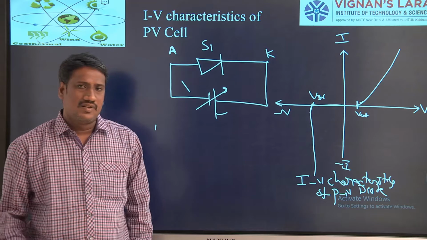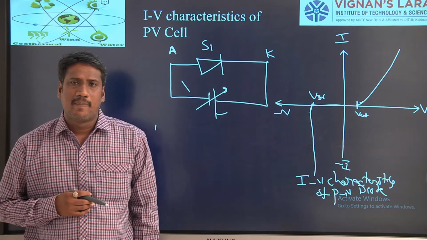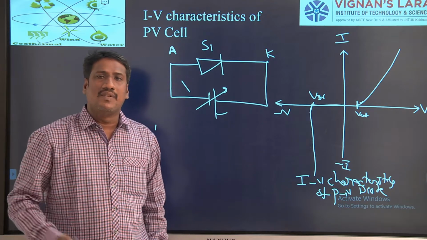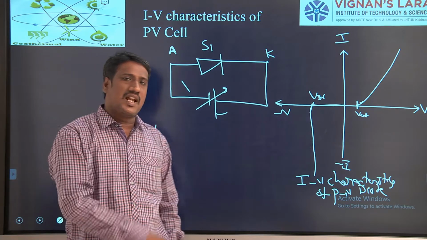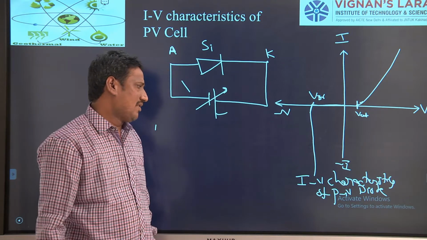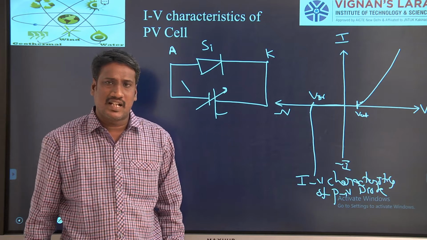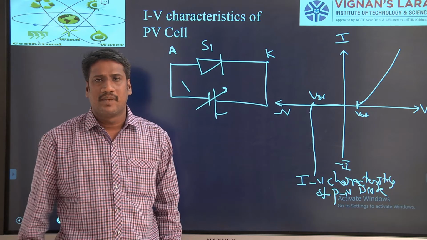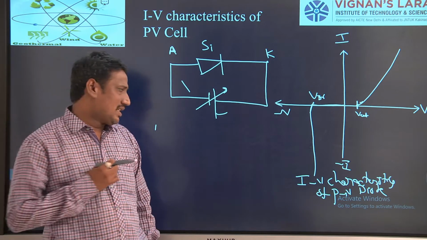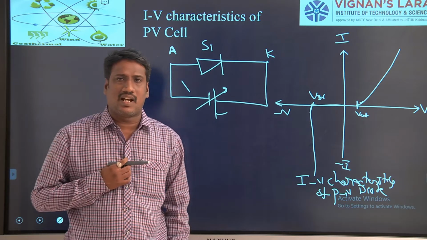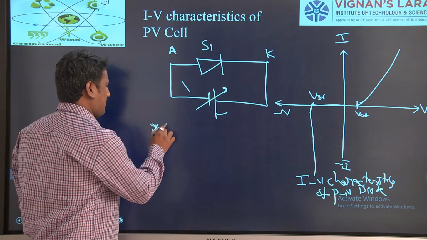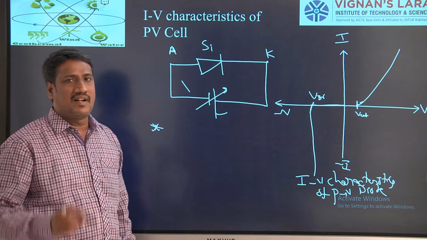As the PV cell is a light driven diode, we will observe the characteristics of the PV cell from the IV characteristics of a PN junction diode. Now let us say, is the diode a power consuming device or a power generating device? The very important point is whether the diode is a power consuming or power delivering device.